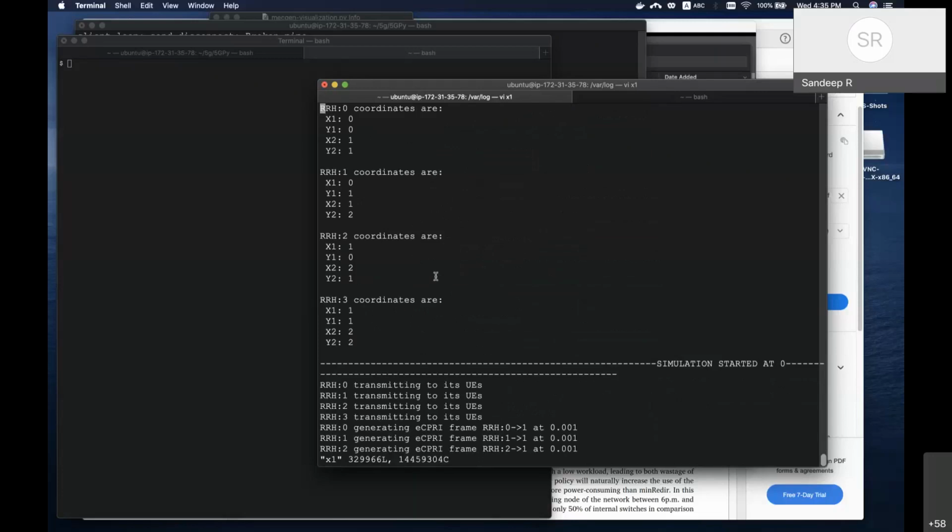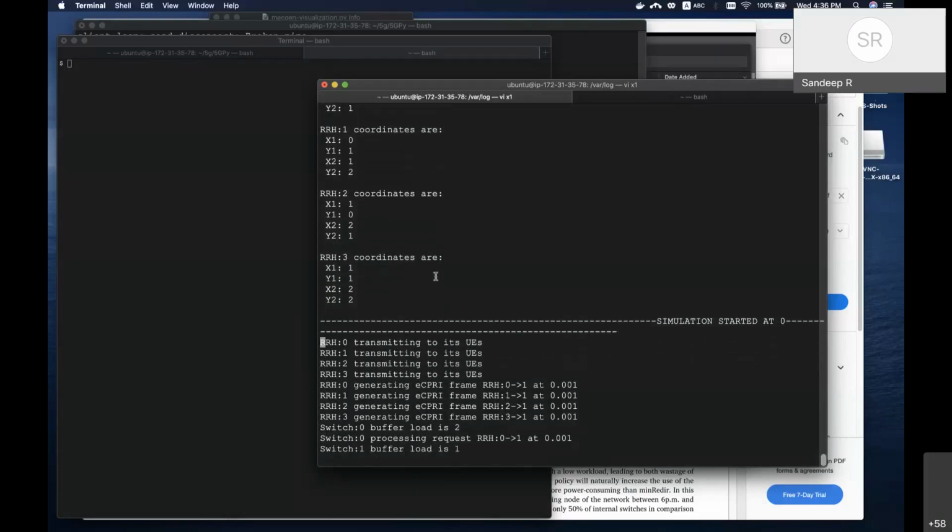They have added the first radio at this location, x 0, 0. Let's forget this; these are some coordinates of the radios, and then they started simulating. Each radio is trying to simulate, sending to the UE, user equipment. So generating